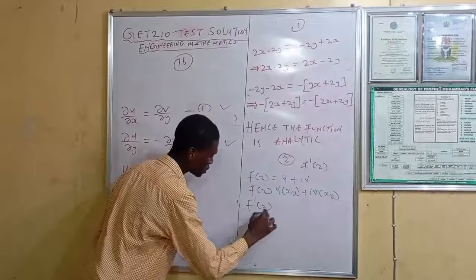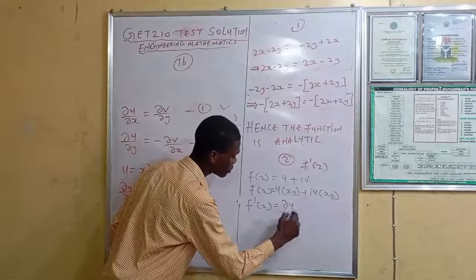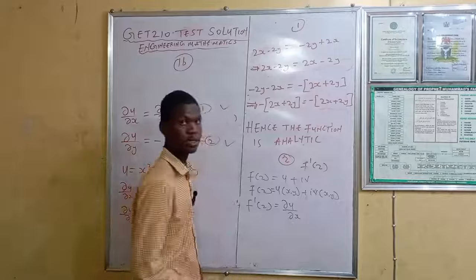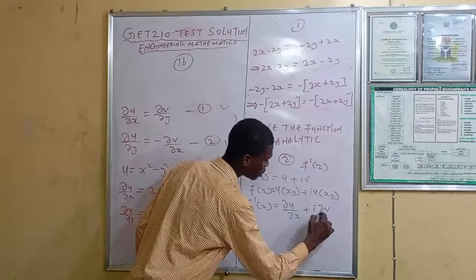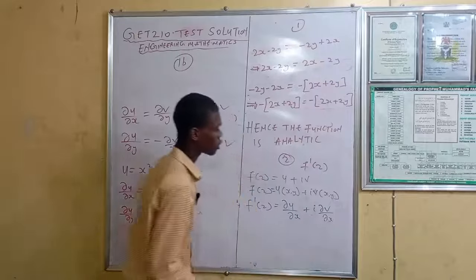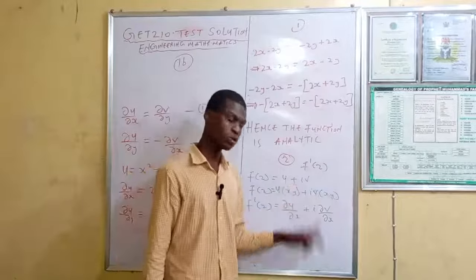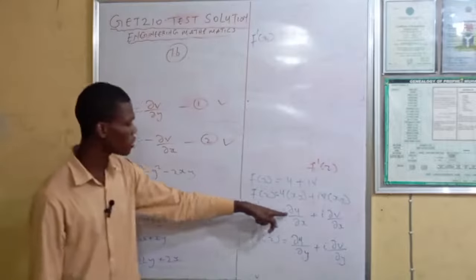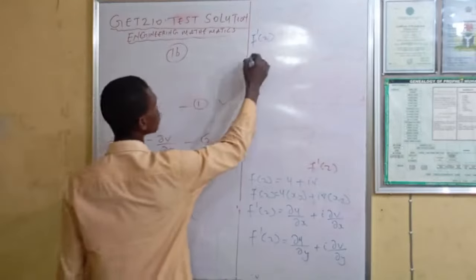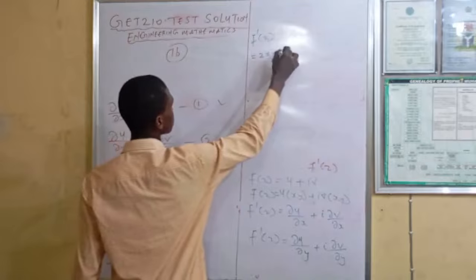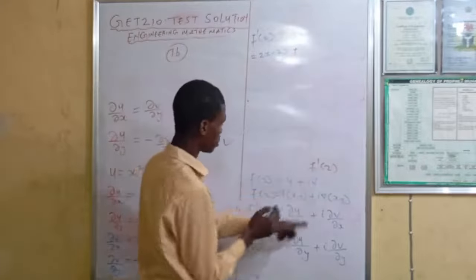The derivative of f(z): the first term is the partial derivative of u with respect to x, plus i times the partial derivative of v with respect to x. You are differentiating u with respect to x, and you are differentiating v with respect to x. The derivative of u with respect to x is 2x minus 2y, plus